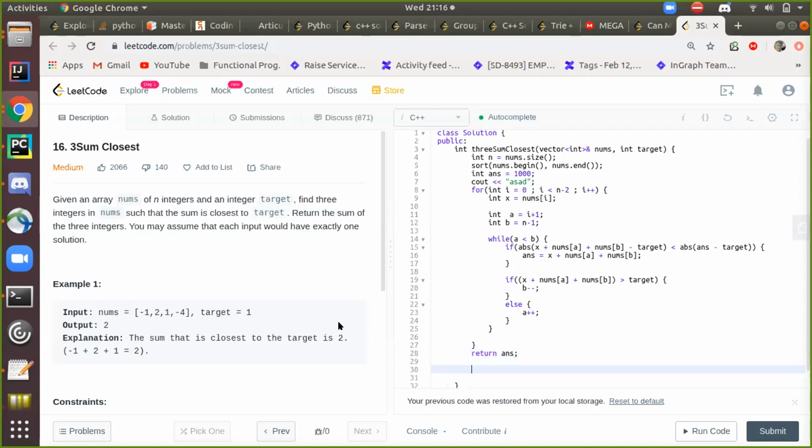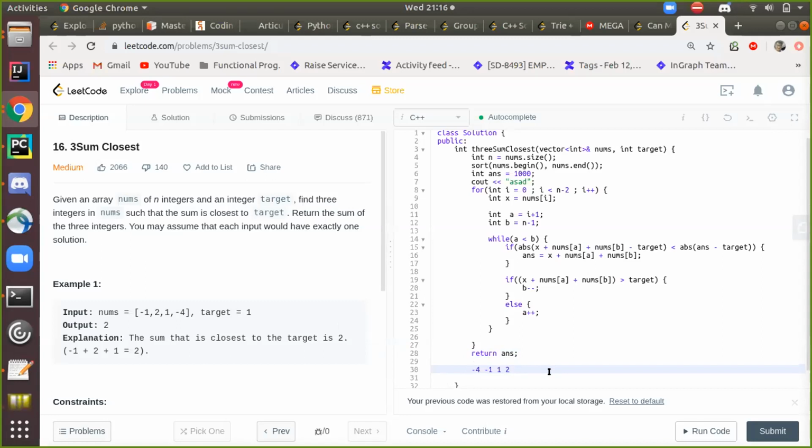So for example, if I sort this array: -4, -1, 1 and 2. I can take -4 as my static element, and for the rest two elements I'll look by traversing the rest of the array. So the next elements would be -1 from the left side and 2 from the right side.